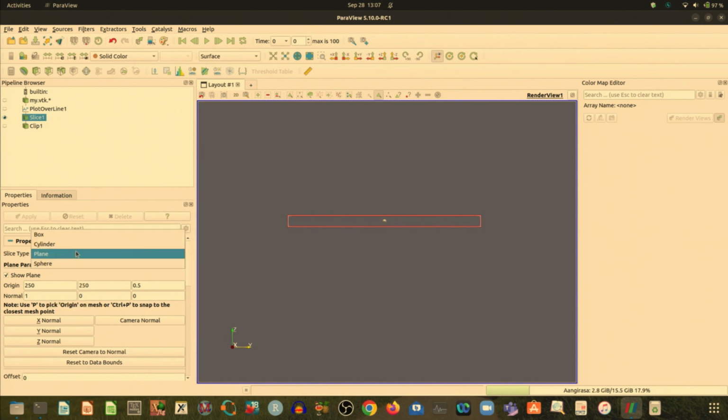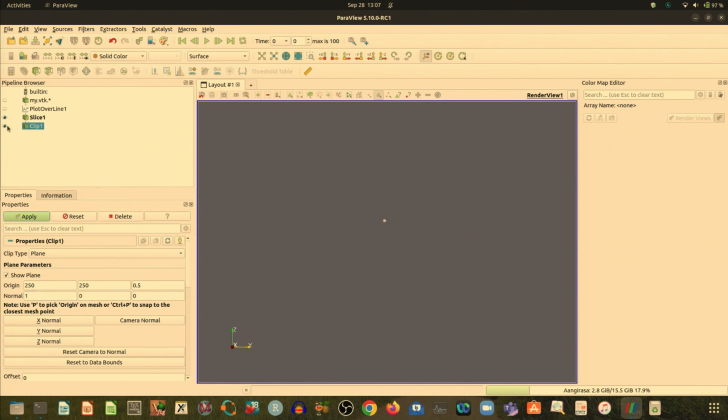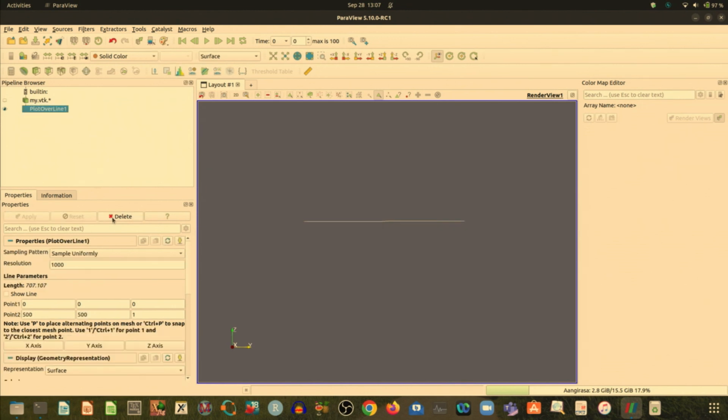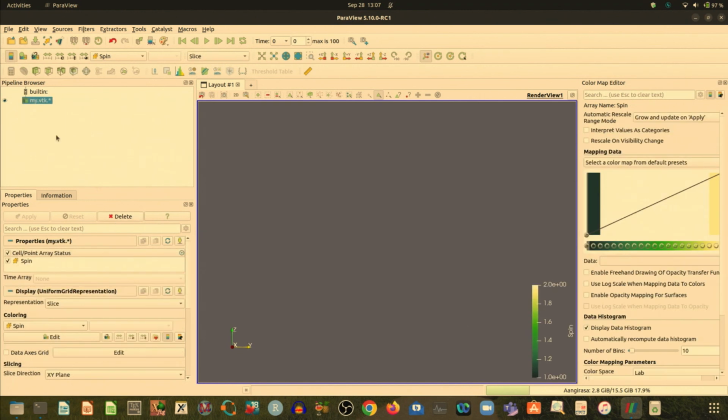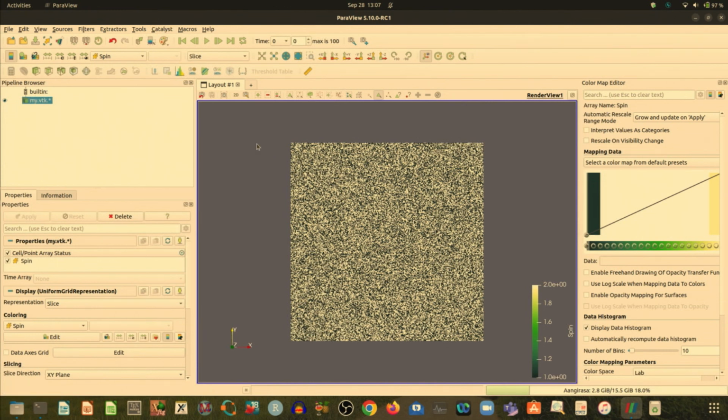Slice type plane, that is okay. You want me to slice in the other direction here, okay. But this is not what I wanted. Okay, let me remove this, delete, let me delete this also, let me delete this also. Now I have to view this. Okay. Now let me try to